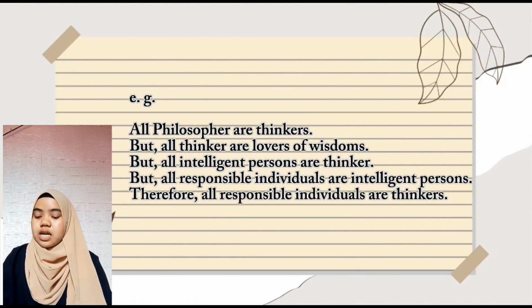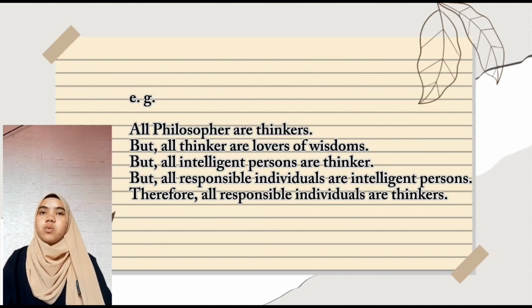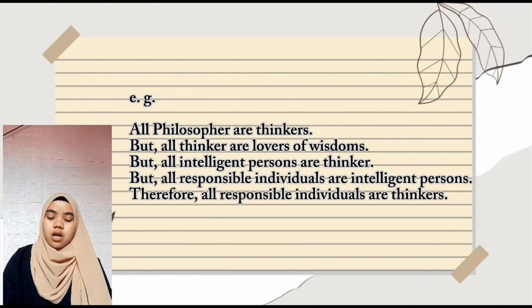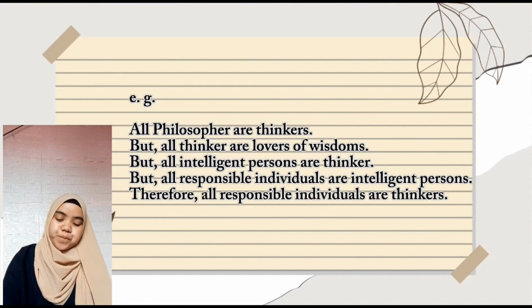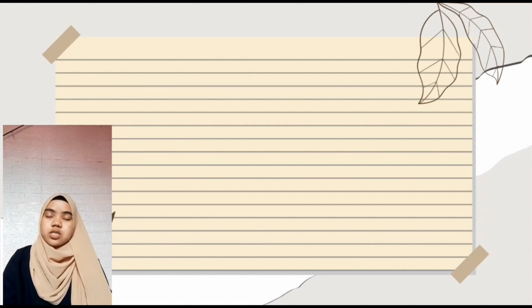So in Goclenian types of sorites, until hindi mo makuha yung gustong ipahiwatig o yung main conclusion ng isang statement, yung predicate ng first proposition is magiging subject ng second preposition, and ang predicate naman ng second ay magiging subject ng third, at ang subject naman ng second preposition is magiging predicate ng third preposition, and then ang subject naman ng third preposition is magiging predicate ng fourth preposition hanggang sa makuha na yung conclusion ng isang statement. So unlike sa